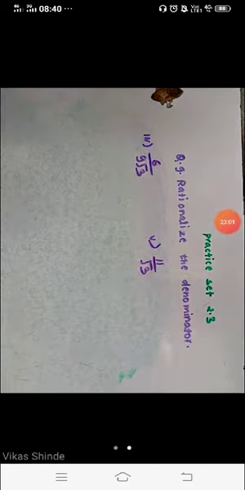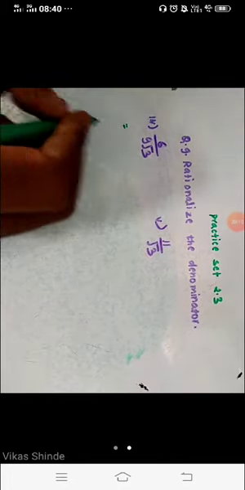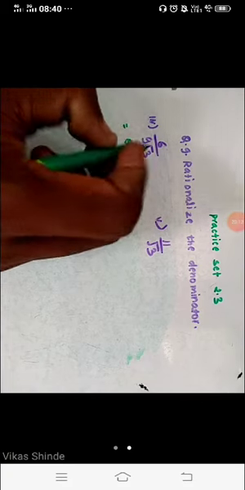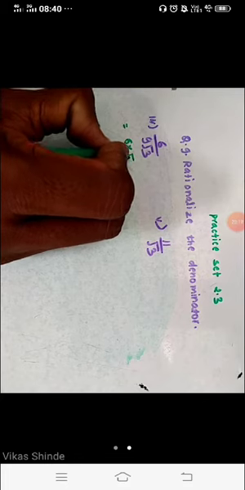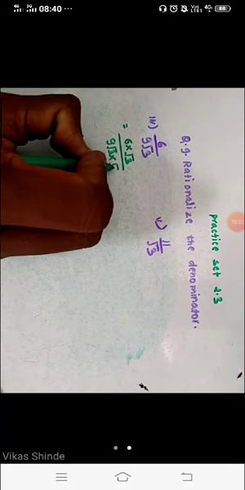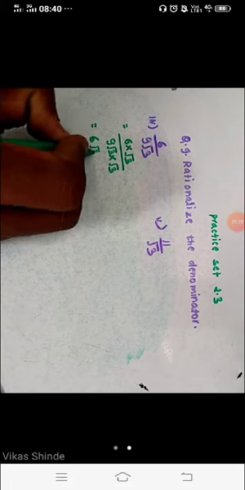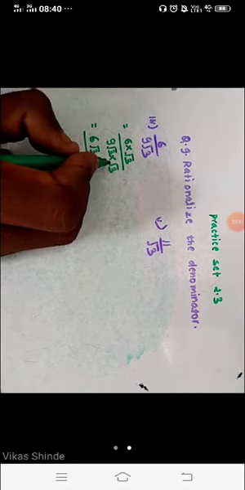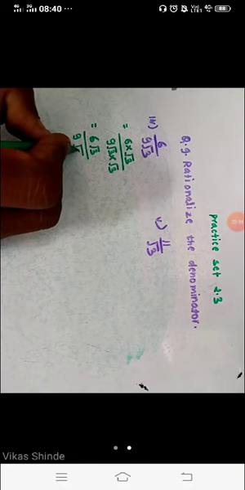Okay student, now look here. Here is 6 upon 9 under root of 3, and we have to rationalize the denominator here. So that's why we write that 6 as it is. You know here we have to multiply the numerator and denominator by under root of 3. So write here 6 into under root of 3, and at the denominator we have to write 9 under root of 3 into under root of 3 is equal to, now here 6 under root of 3 as it is. Then here 9 ones are 9 here student, and root 3 into root 3 becomes here under root of 9.